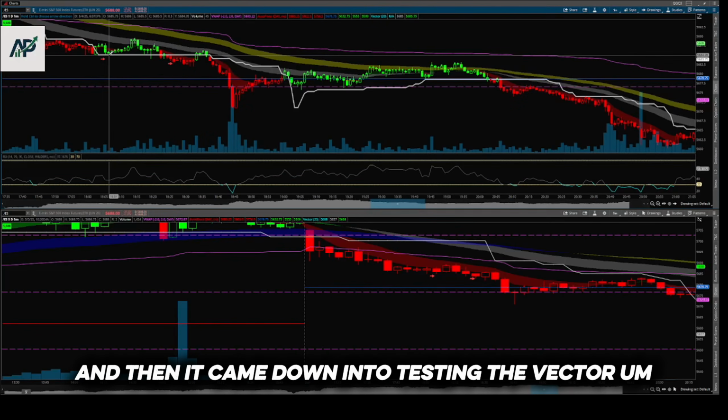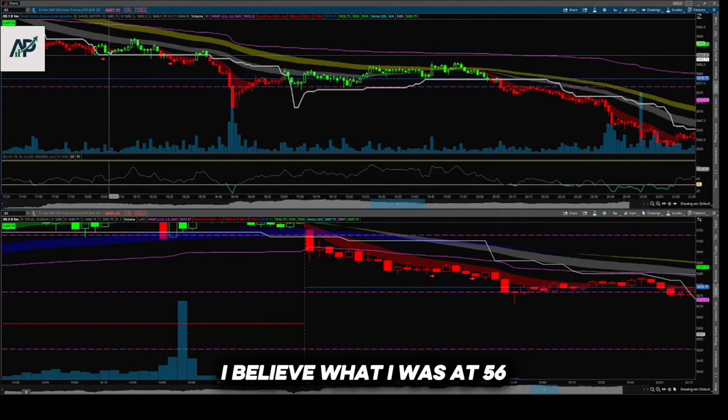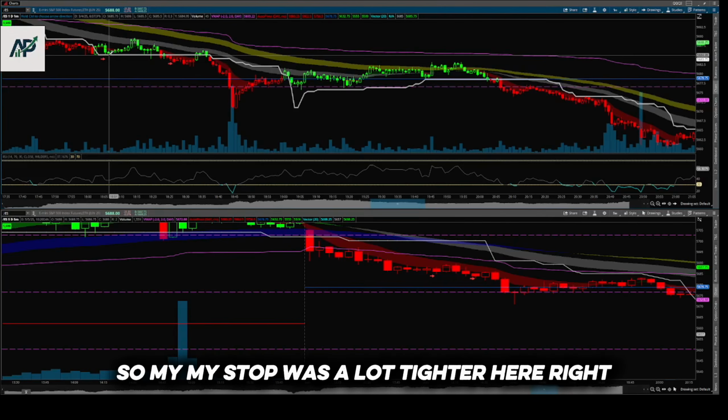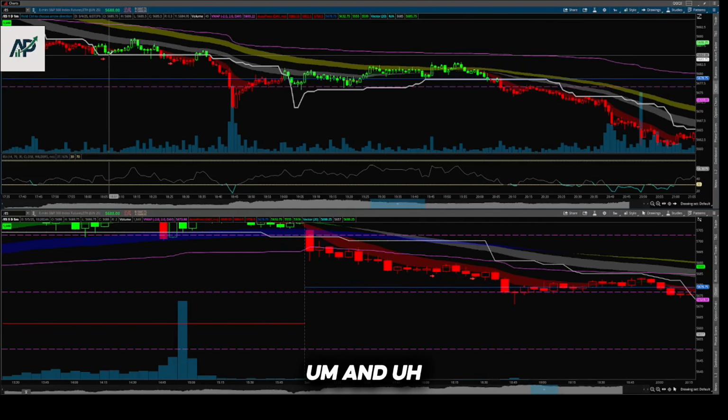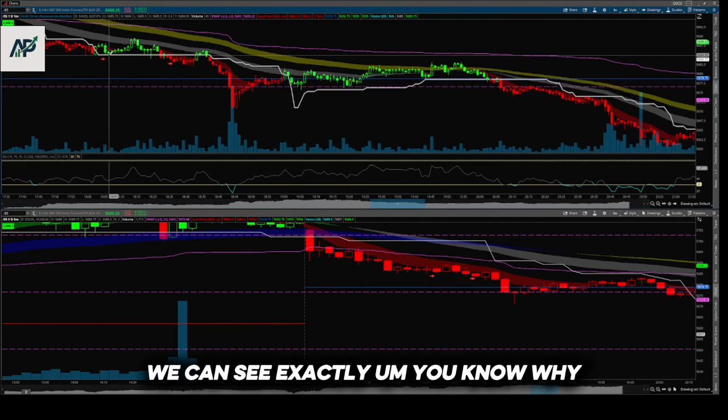And then it came down into testing the vector. I believe, what was that, 56.85. I took an entry at 56.85. I was risking 3 points. So my stop was a lot tighter here, right? Because I'm playing against the trend. And we can see exactly